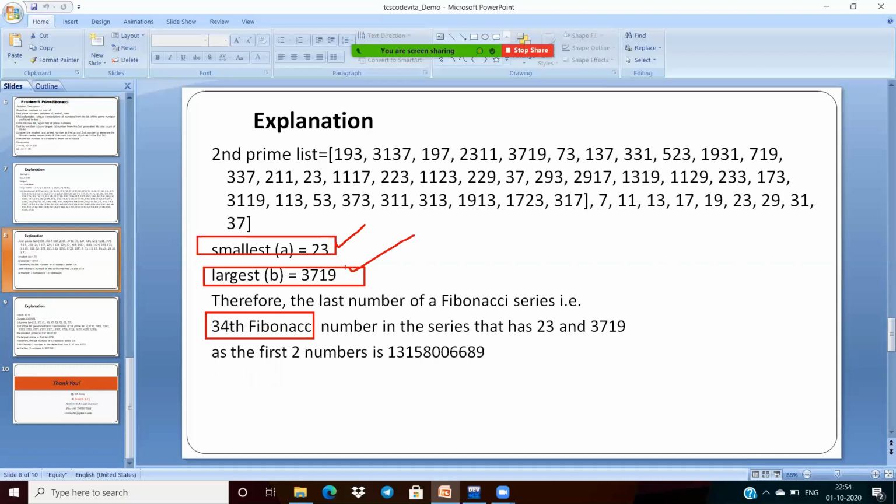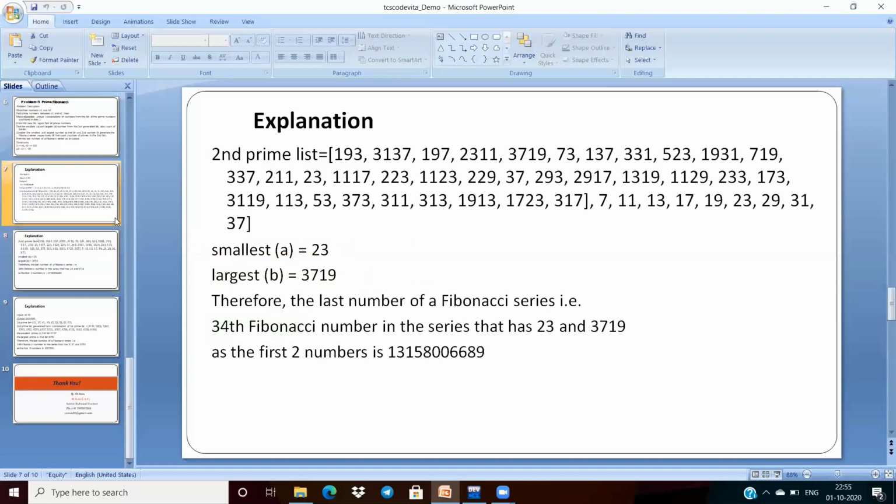We are not printing the complete series, we want only the 34th Fibonacci number. If you pass these two as input of the Fibonacci series, then the 34th Fibonacci term is this.